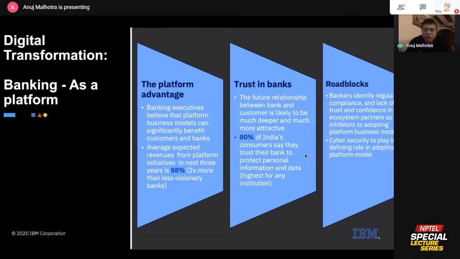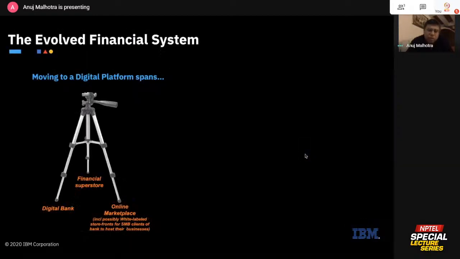So the banks are now going to move away and say, look, I'm going to try and monetize everything I have. And I'm going to try and monetize the trust that the customer has in me, basically, because of the great service I've been giving and the fact that I'm keeping his salary and income safe. And I will see what else can I do with it, right? So most banks are moving out.